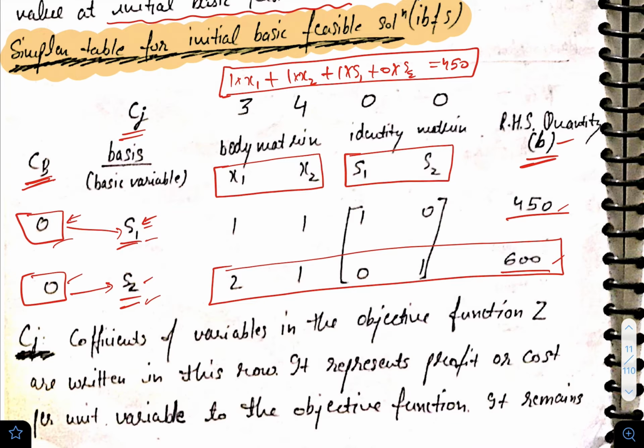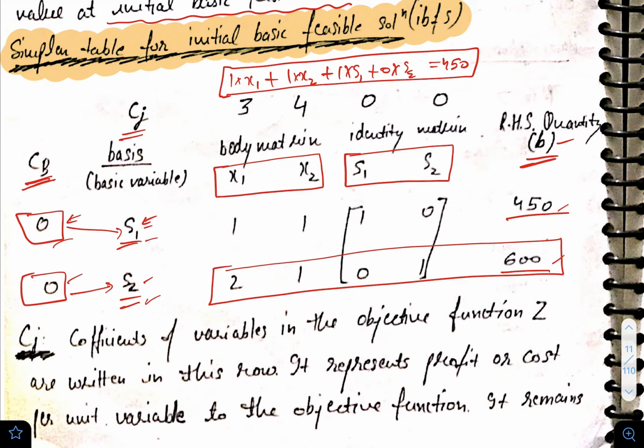So we are studying the simplex method, and till now we have seen what the simplex method is, that it is an iterative method, and we have also drawn our first table, right? The table for the initial basic feasible solution. We have drawn our first simplex table. However, until now we have not seen how to perform the optimality test. How will I know that my solution is optimum? We will see it now.